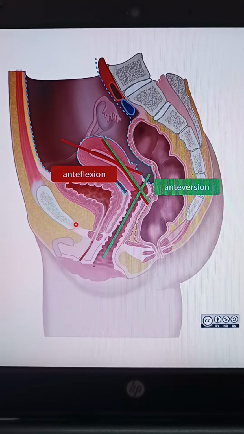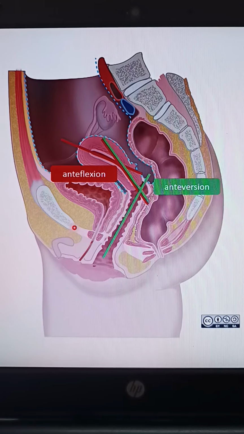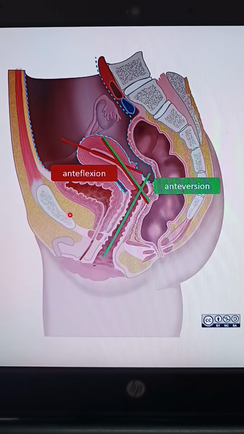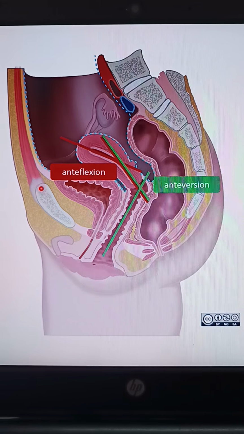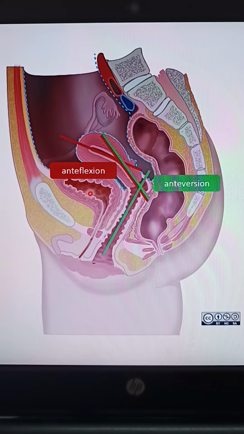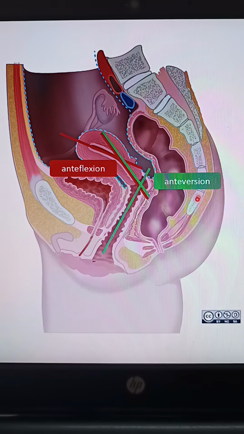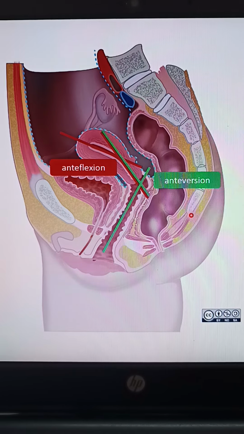This is the sagittal section of the female pelvis. Let us get oriented with this picture. In front, you can see the pelvis, that is the pubis bone in the front. It's cut. This part is the pubis, and the bony part behind is the sacrum and the coccyx. So you can see the sacrum and the coccyx.